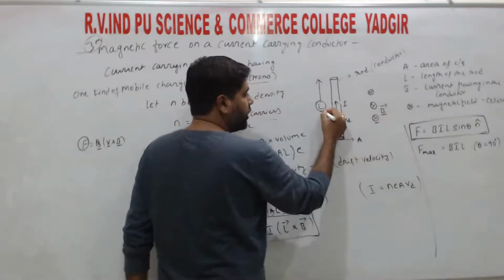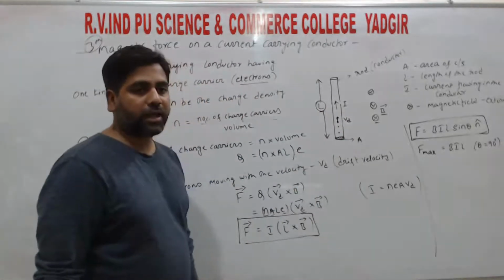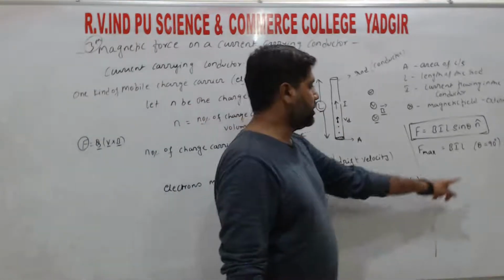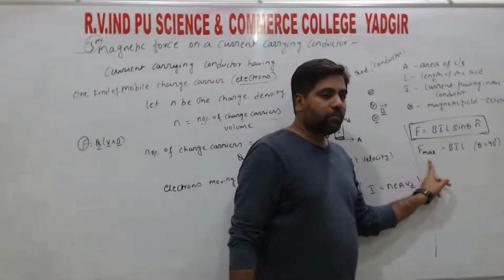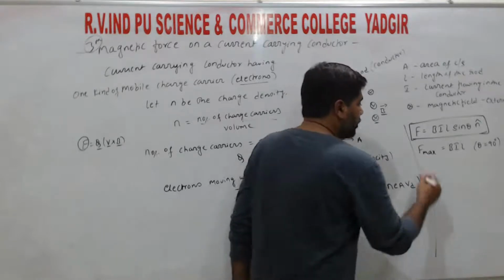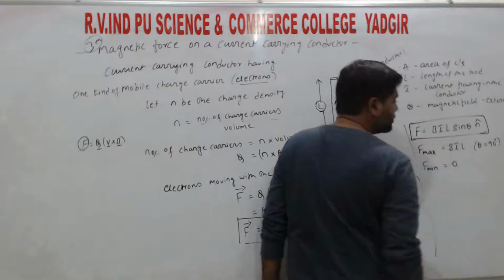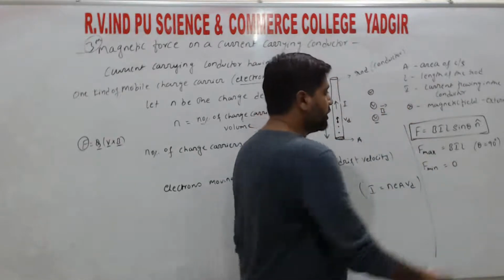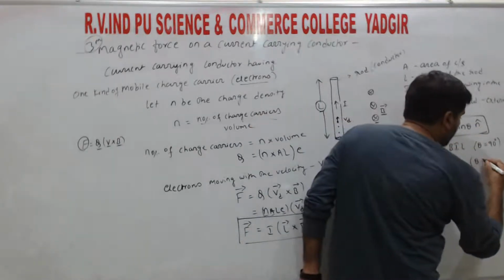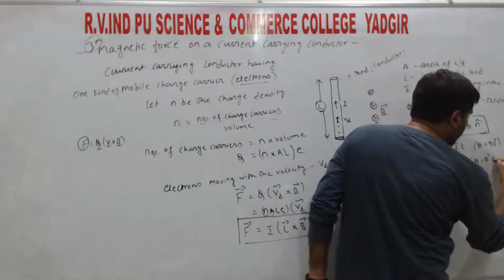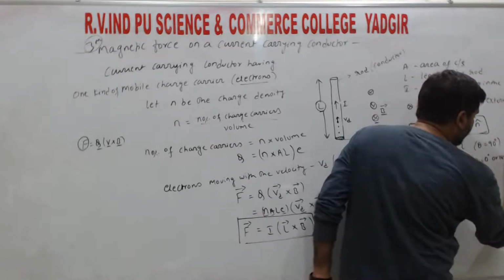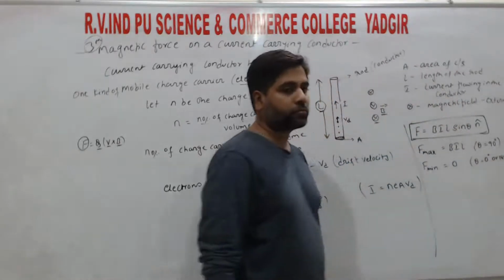If the angle between the magnetic field and the length vector is 90 degrees, the force is maximum. So F is minimum,